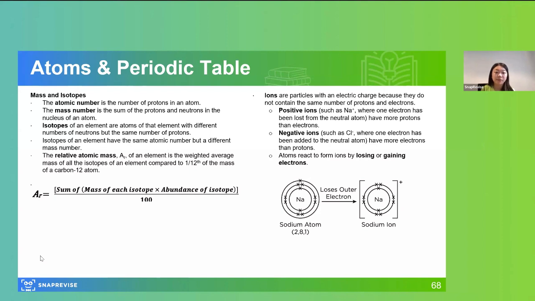Isotopes are basically versions of an element, of an atom. They have a different number of neutrons, but the same number of protons. So I could have sodium isotopes where they have the same atomic number and a different mass number because they have a different number of neutrons, but the same number of protons. So it could be sodium, like,